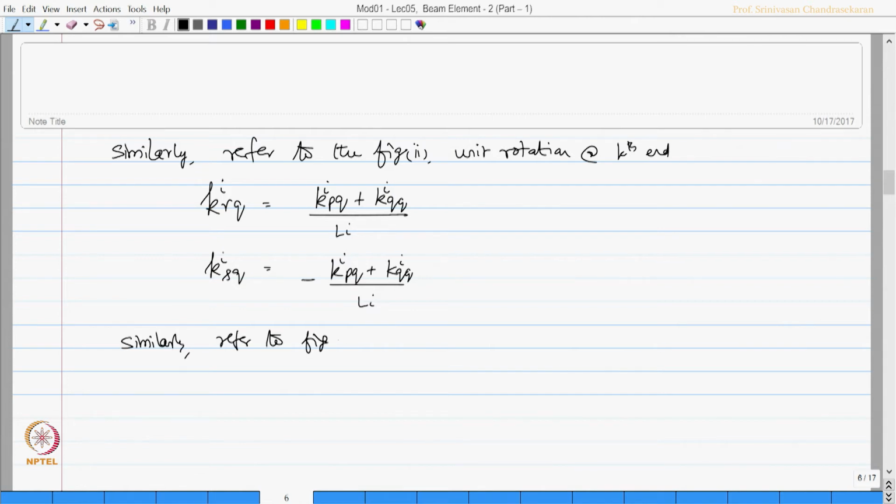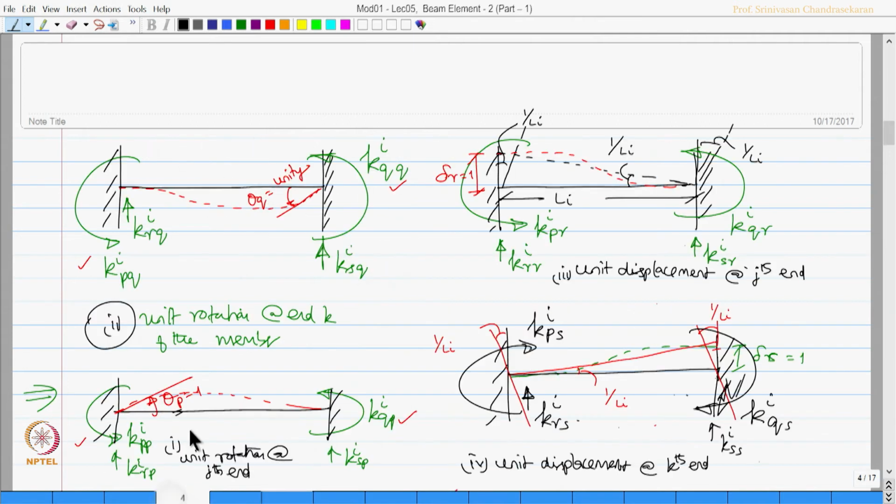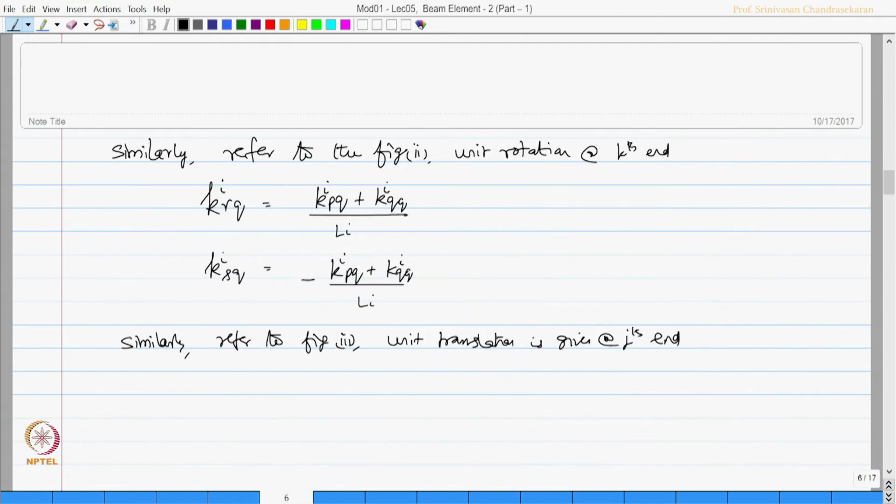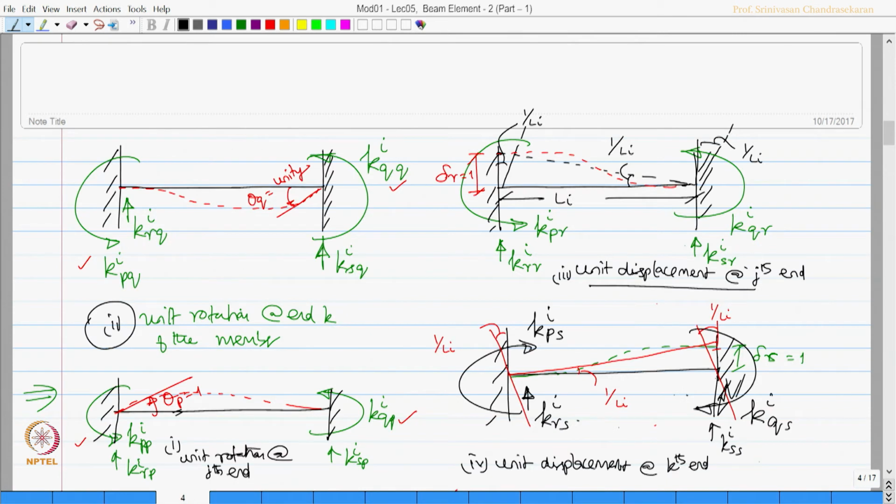Refer to figure 3, where unit translation is given at the jth end. You can see the figure 3, unit translation at the jth end. The rotational coefficients are K P R and K Q R, okay. So, now I can easily find this K P R as the rotation caused by this change in slope. Okay. So,